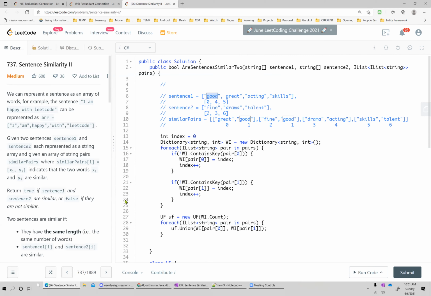It's given in the question. So then it can be a boundary condition, right? For us, if the length of the two sentences is different, then just return false. Yes, that's correct. That is what I was trying to come to. So instead of taking care of it here, in the beginning I want to say that if the length is different, I'm just going to return it, right? Yes, that we can do.